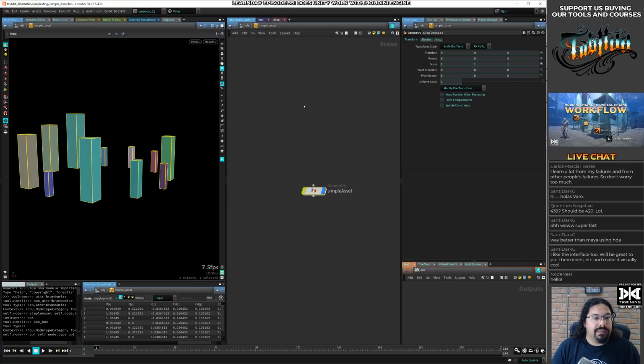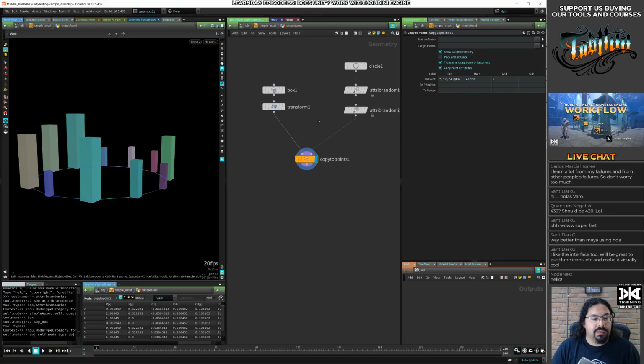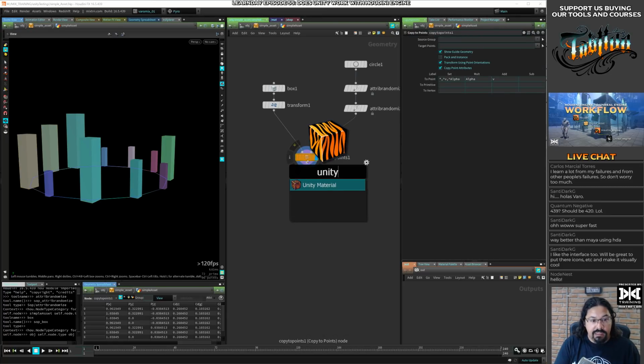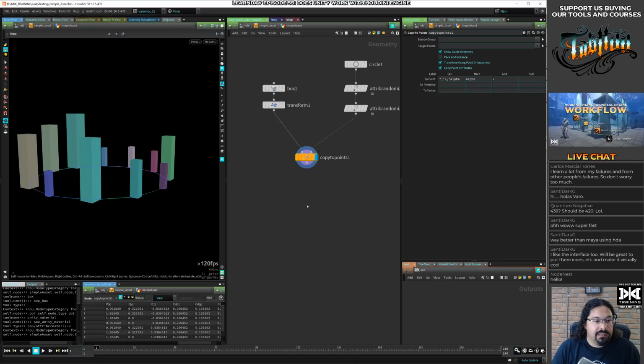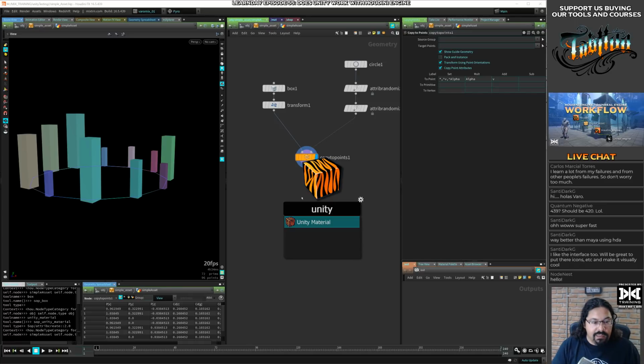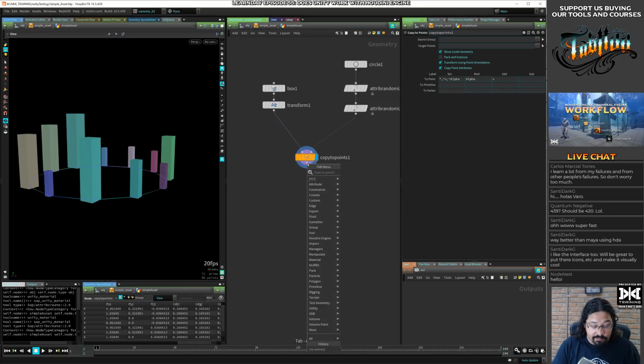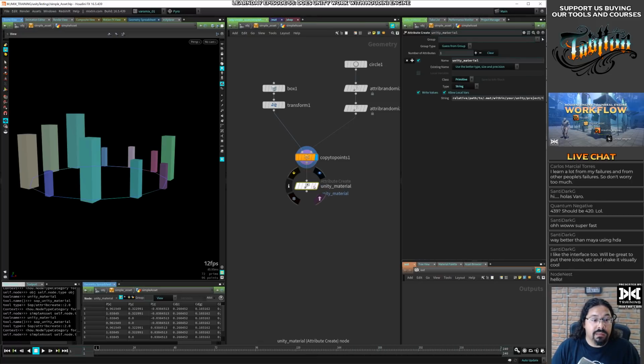Alrighty, so now let's do something to this, guys. What can we do? In Unity, we have a Unity material, which is not working with tab 2. Okay, I need to fix that. Unity material, and what is this doing?